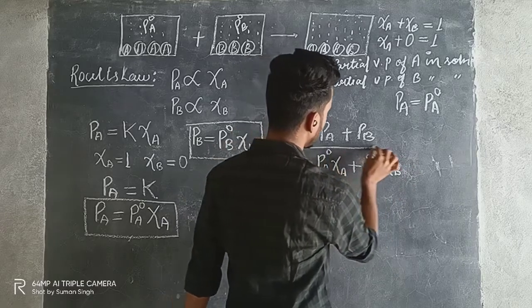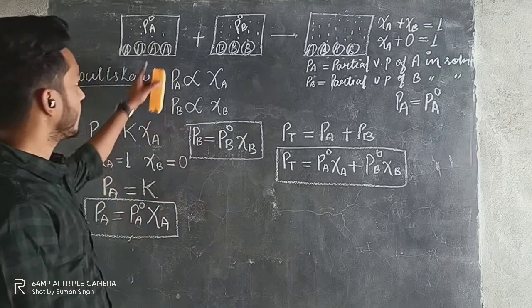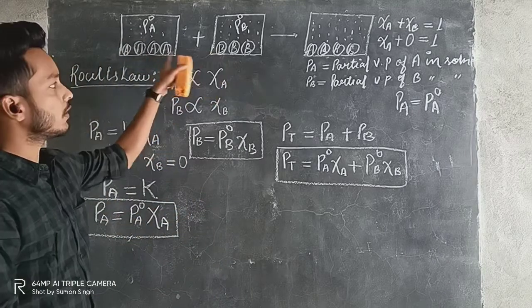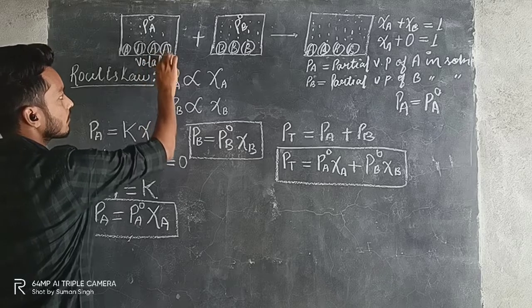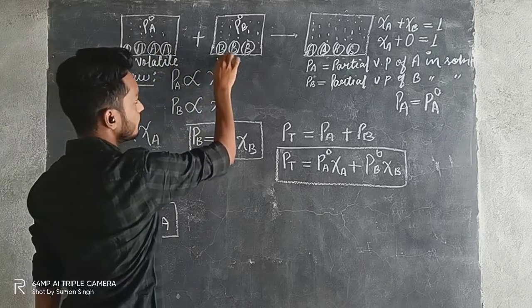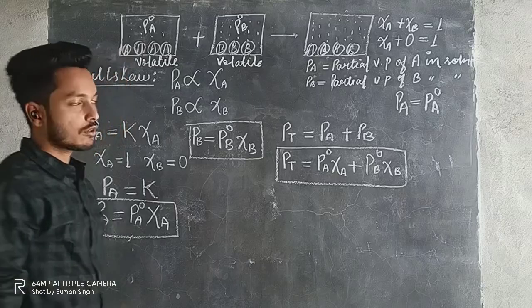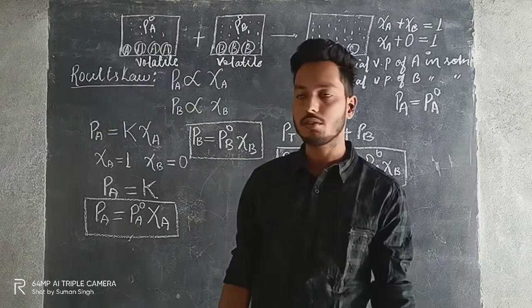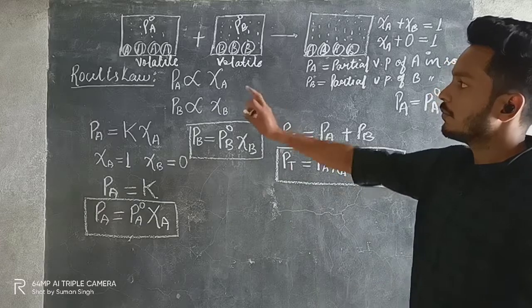So this was all about the case where both the solute and solvent are volatile. This is also volatile and this is also volatile. So I hope this is clear, all of you, right? So this was about the case where both A and